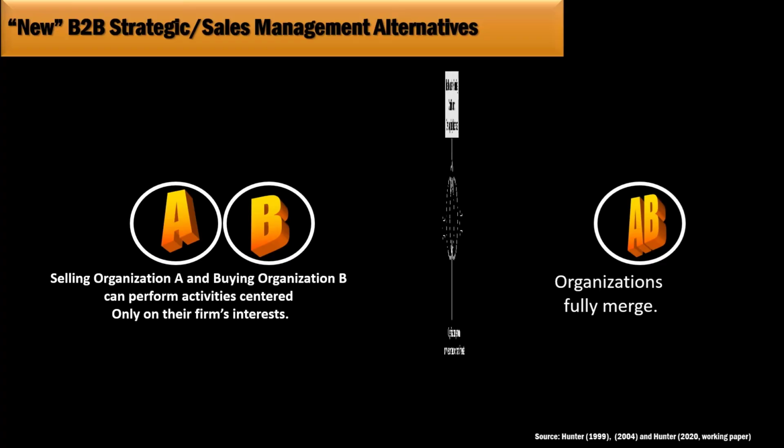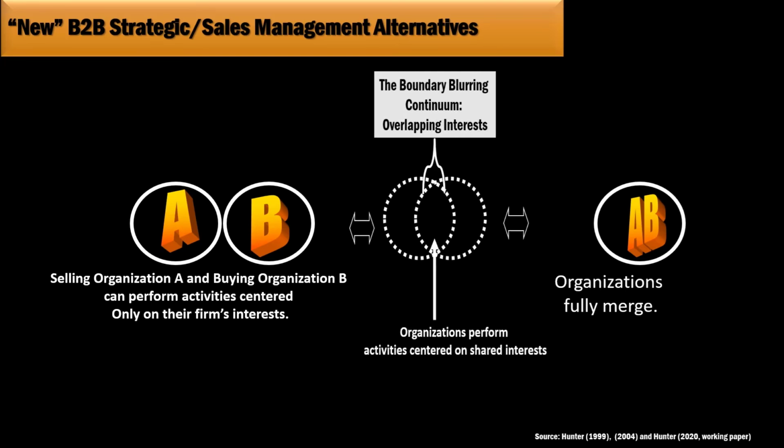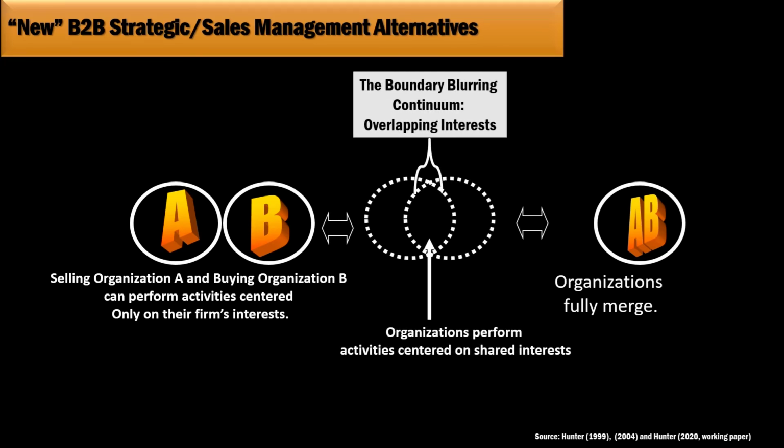So they might rather let Best Buy do that as opposed to thinking, well, let's buy Best Buy. So they might decide they want to sell through Best Buy. This is an example of where we're looking for these mutual interests, right? I think about these mutual interests that are there. How do we perform activities? The sales organization and the buying organization are going to focus on what our shared interests are. What are we trying to accomplish?